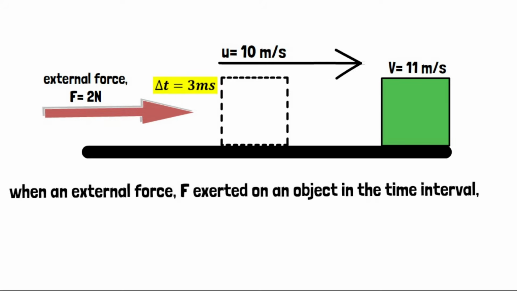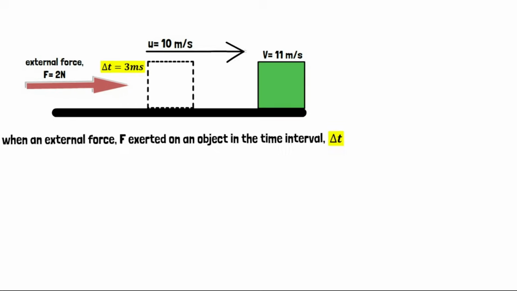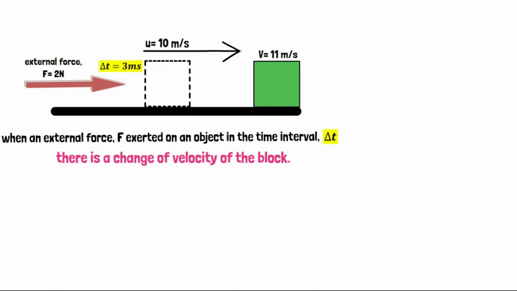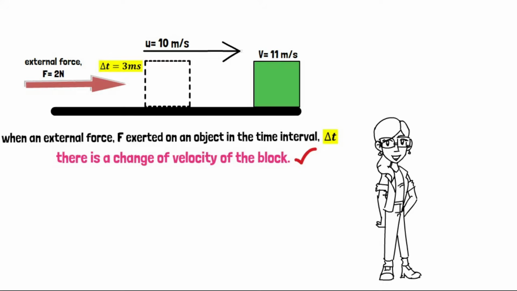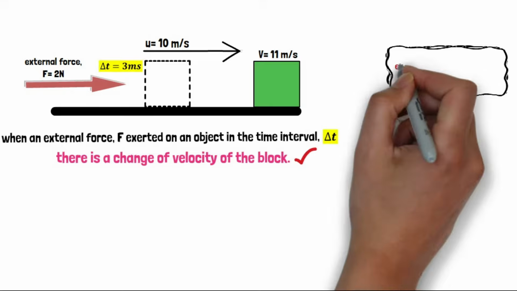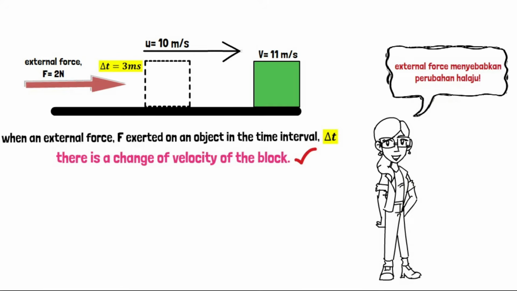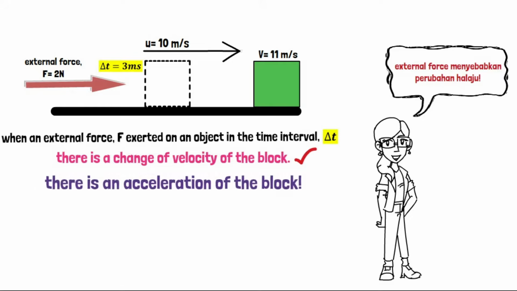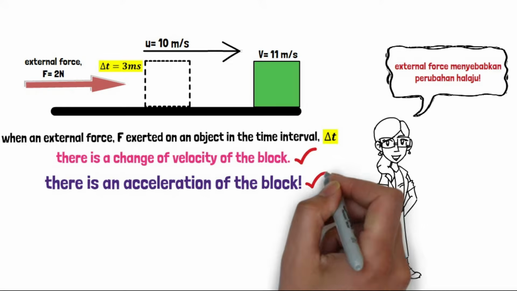Jadi di sini kita boleh lihat when an external force exerted on an object in the time interval delta t, so there is a change of velocity of the object. Terdapat perubahan halaju bagi objek tersebut. Dan bila berlaku perubahan velocity of the object, therefore, there is an acceleration of the block. So, kita boleh tulis sebagai